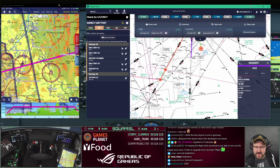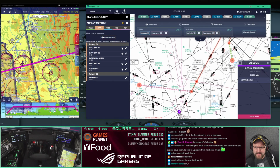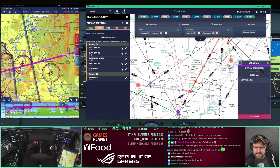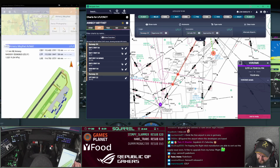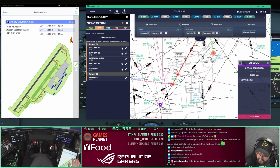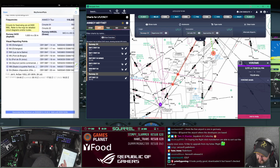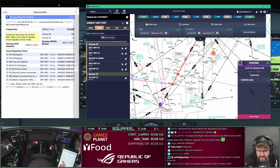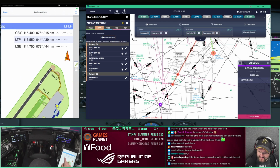I reckon we could fly to Abret. VOR. Take off, turn left, fly straight to Abret, and then follow the radial in. I wonder if this gives us information on... LTP. Yeah, there you go. See that top of the plate there, LTP,